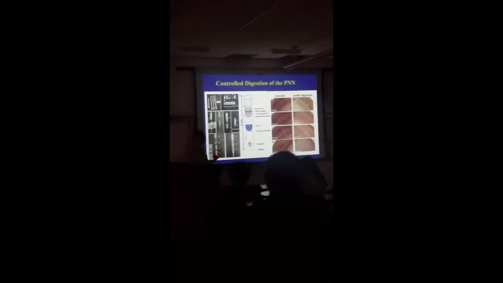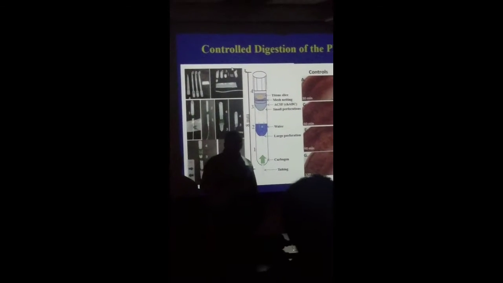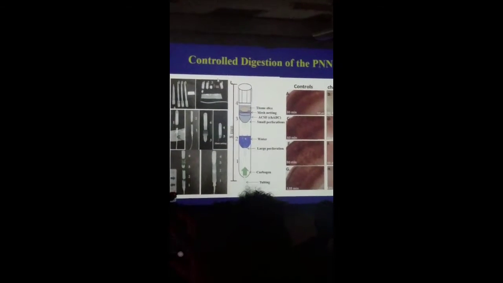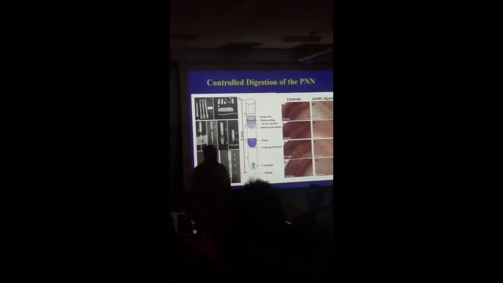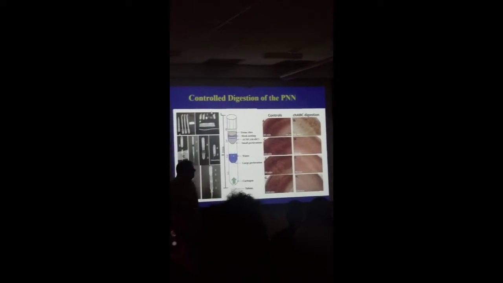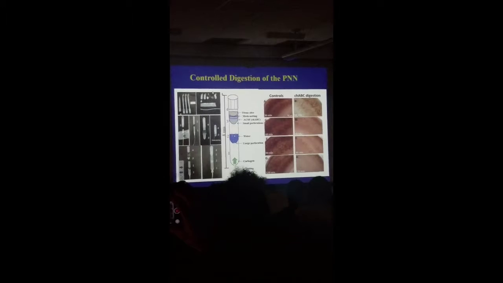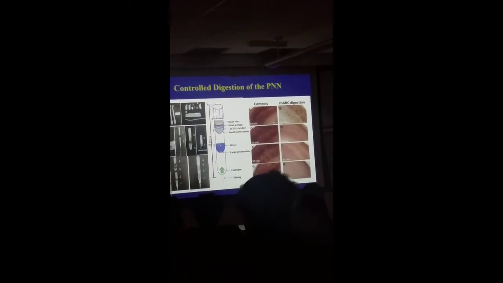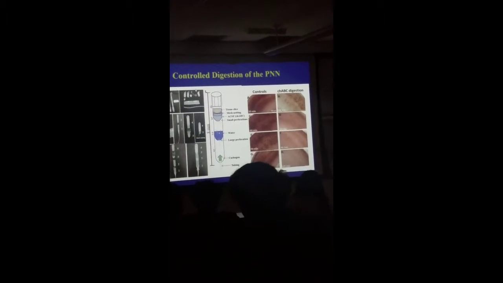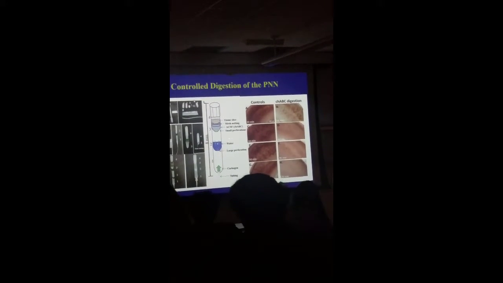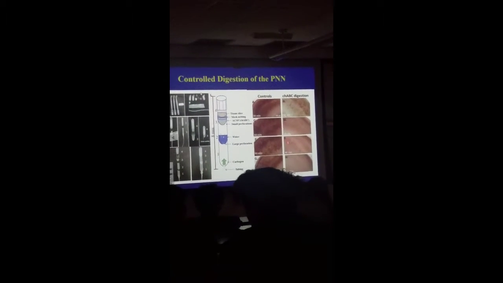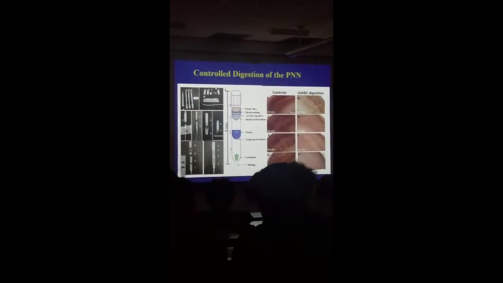So we wanted to know, is this change due to the trimming? Well, we know that, but is it due to the loss of the perineuronal net? So one thing we could do is trim a lot of animals, and that's very time consuming. Or what my graduate student, Philip Chu, did as he graduated, he created a small volume incubator. It's 1 milliliter of fluid, and using an enzyme called chondroitinase ABC in a time-dependent manner, he could digest away